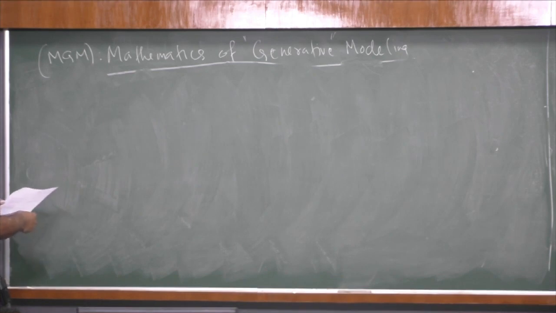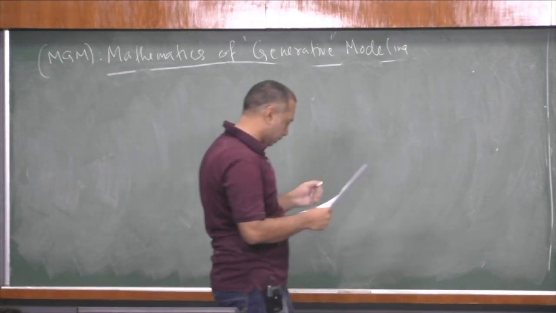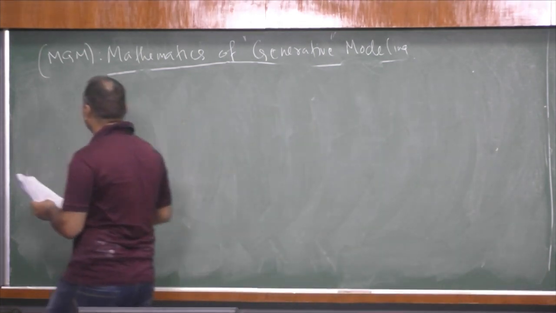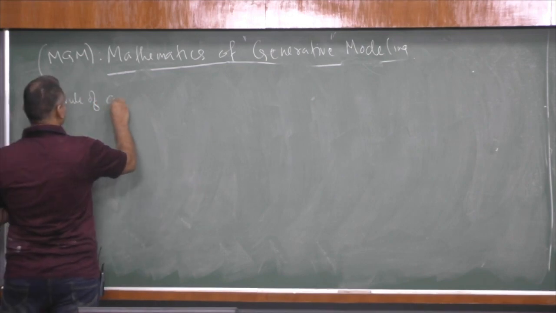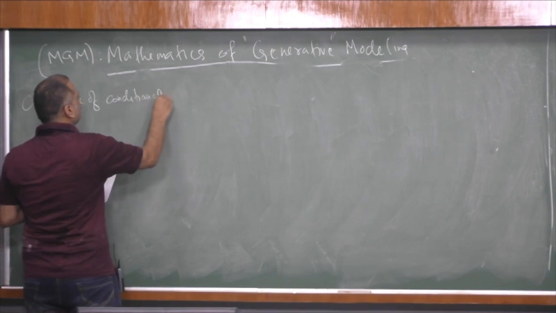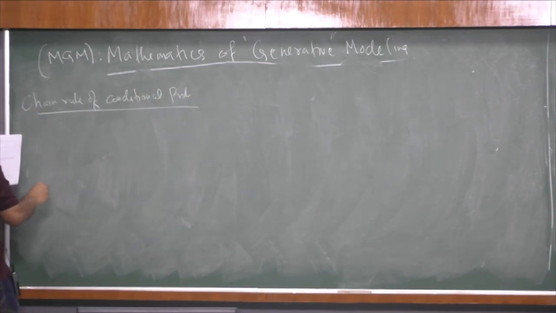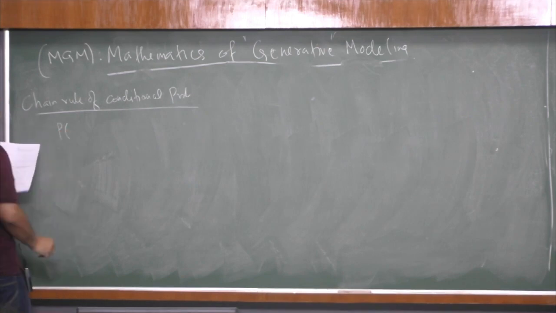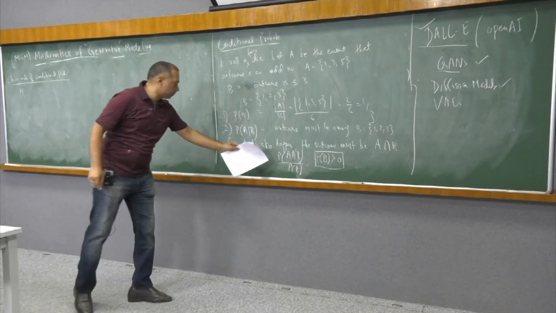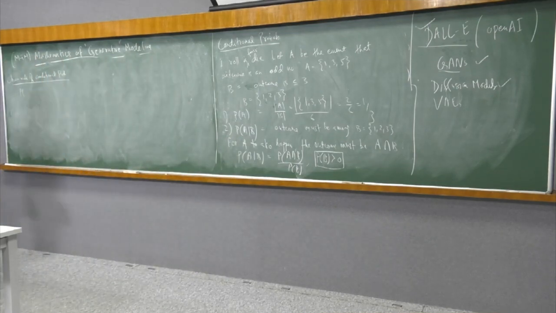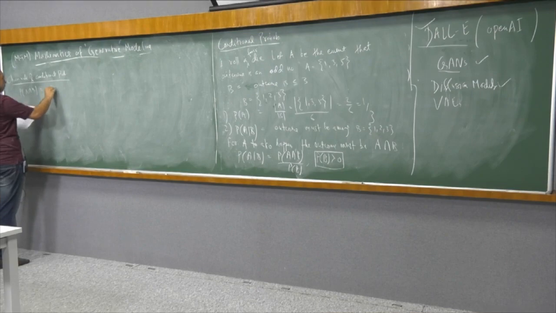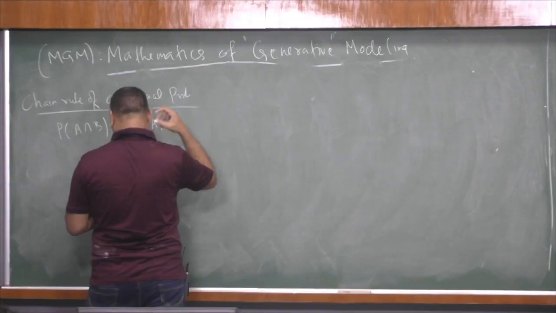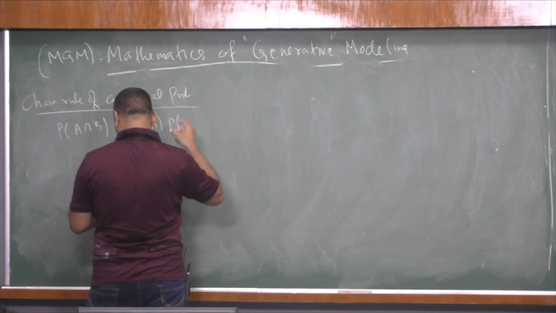Then we can write down the chain rule of conditional probability. So the chain rule of conditional probability says that from here we can write probability of A intersection B, where the denominator gets multiplied, equals probability of B times probability of A given B. We write this as a first step. So A intersection B is probability of A times probability of A given B, or yes, it could also be B given A and so on.